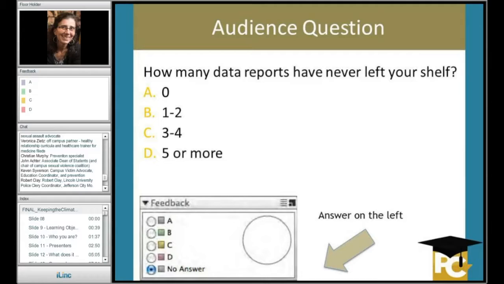So I'm actually not surprised by the number of reports that are on people's shelves, partly because I think one of the reasons why, and this will be another question a little bit later on, but this is more from a researcher evaluator point of view, is that a lot of times researchers or evaluators do write reports and conduct studies, and they don't have a good plan or a good mechanism in place for really then translating the data findings or the research findings or the evaluation findings to practitioners in a way that they're really helpful and useful